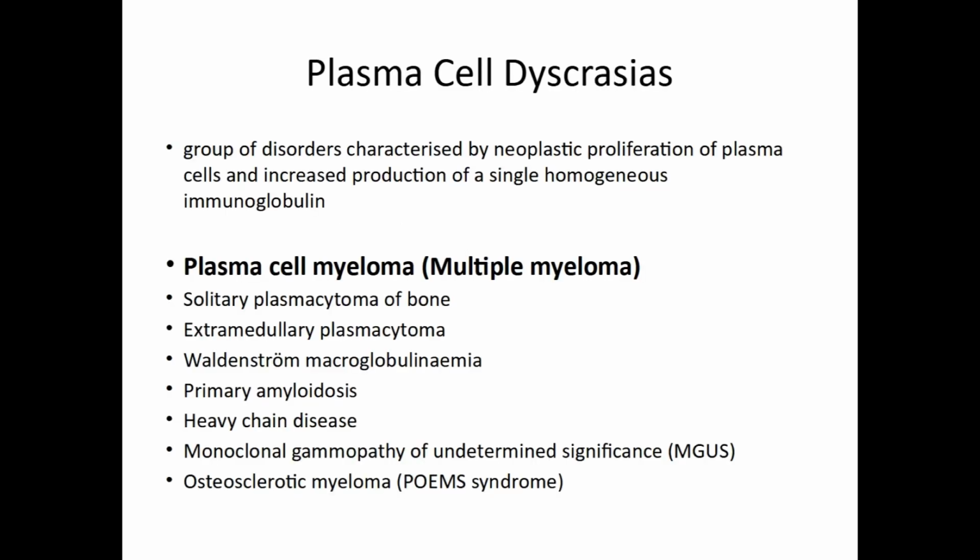The third and the last topic for this class is multiple myeloma, also called plasma cell myeloma. This multiple myeloma or plasma cell myeloma is a part of a group of disorders known as plasma cell dyscrasias, in which there is excessive proliferation of plasma cells and increased production of abnormal immunoglobulins. Also in the group are other diseases such as Waldenstrom macroglobulinemia, monoclonal gammopathy of undetermined significance, POEMS syndrome, etc.